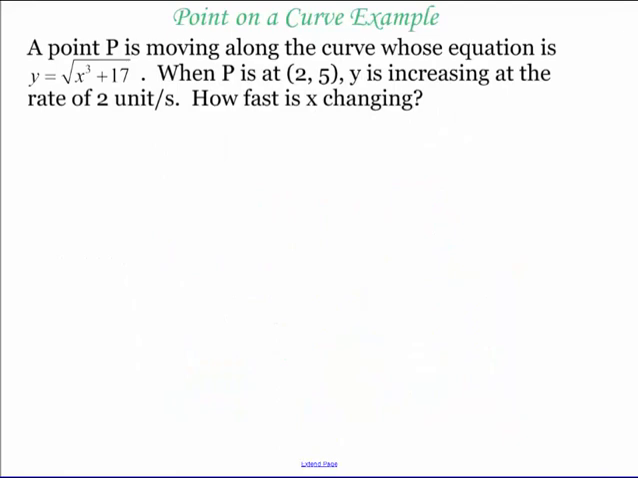Our next example is talking about a point on a curve. So a point is moving along a curve whose equation is given by that, and the point P is (2, 5), and y is increasing at a rate of 2 units per second. How fast is x changing? So dy dt is equal to 2 units per second. We're looking for dx dt